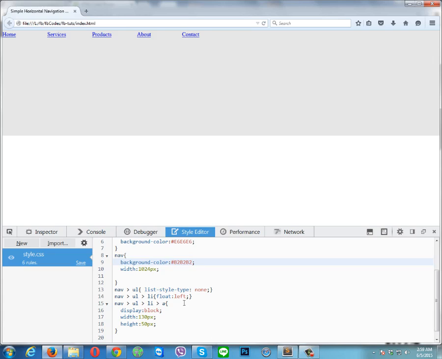Alright, so as you notice, I just applied the background color, but you did not see any kind of changes. Something is wrong going on over here, because whenever you use the float property, the floated elements are taken away from the normal document flow. So you have to clear the float over here. So right now, as you can see, I applied the float property on li elements. So ul is the container or the parent of this li element. So I have to